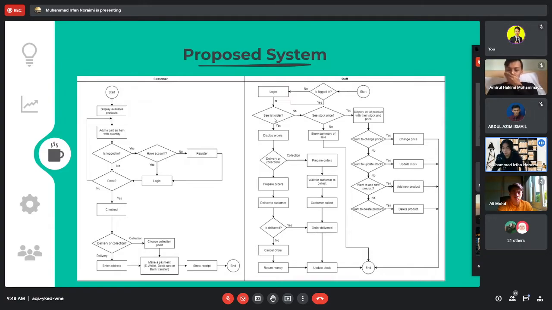If they don't want to see the list of orders, the system will ask if they want to see stock and price. If no, they will show a summary of sales and go to end. If yes,